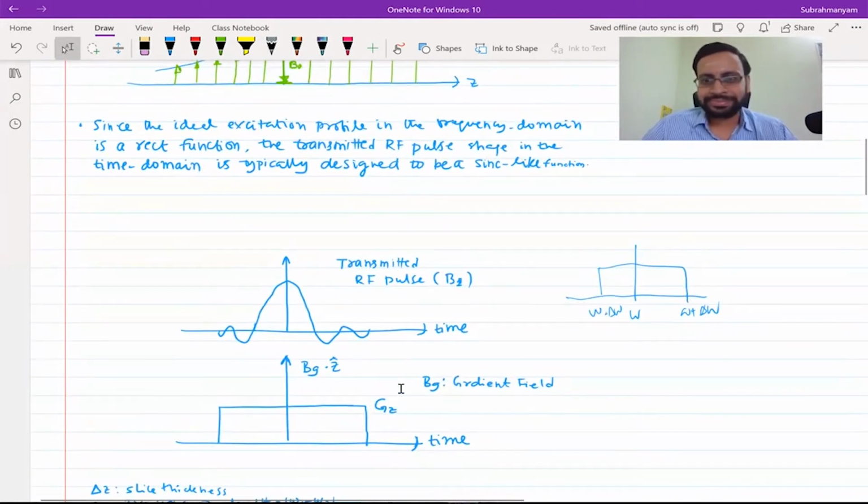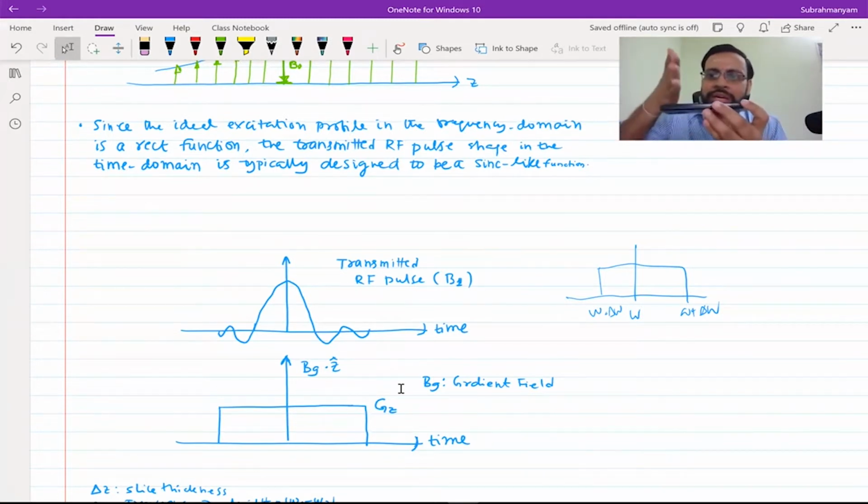Typically it should be an impulse, right? Because we just need a very little amount of energy to tip it off. No, no, no. It's because, see, what you need is, there is a whole object. You have the entire object lying, let's say this one is lying in your